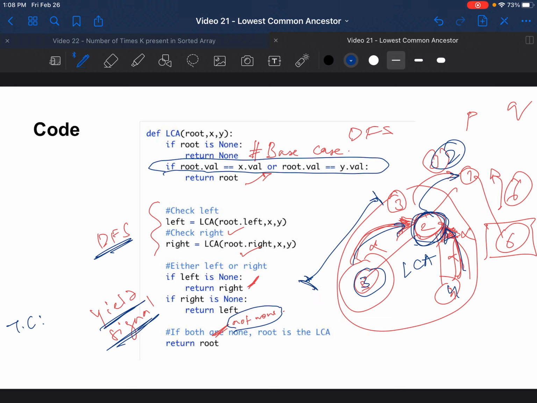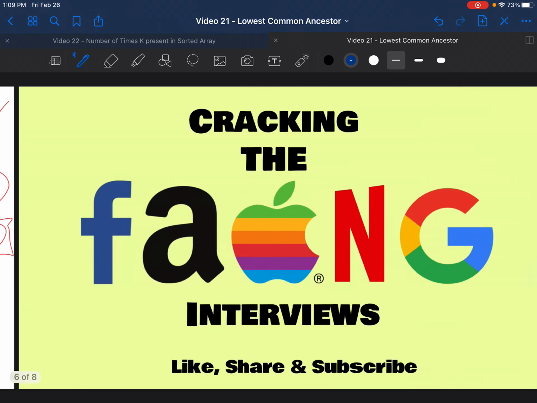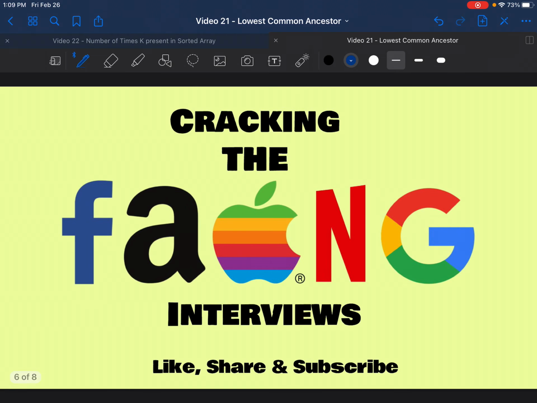And the time complexity of this problem is going to be the maximum depth. Essentially you go through every node in the tree, so it's going to be linear. The space complexity is going to be the height, maximum depth or height as you want to call it, which can be O of n in the worst case. So it's a linear algorithm of searching.